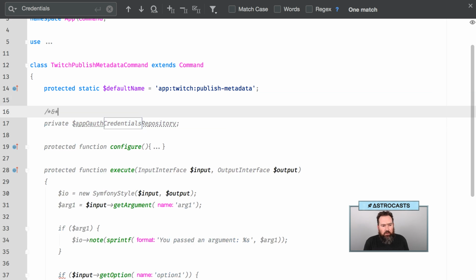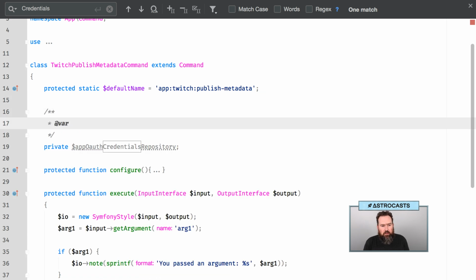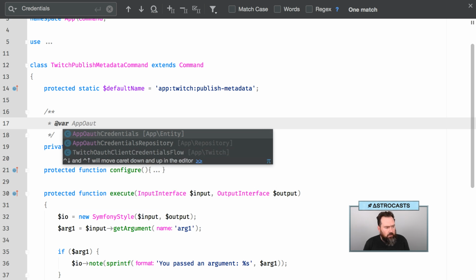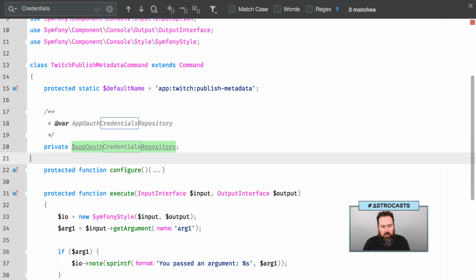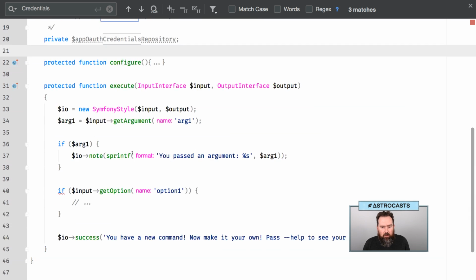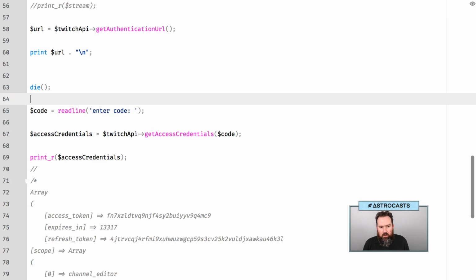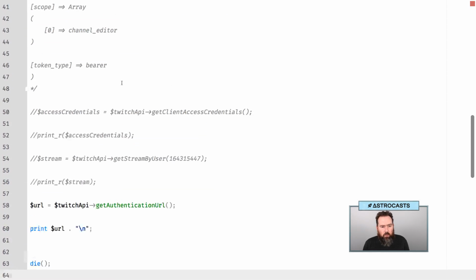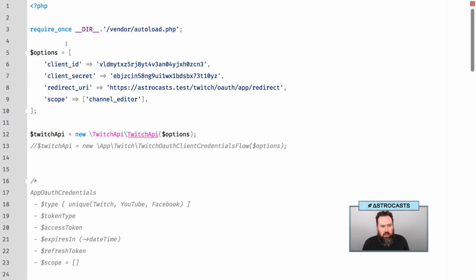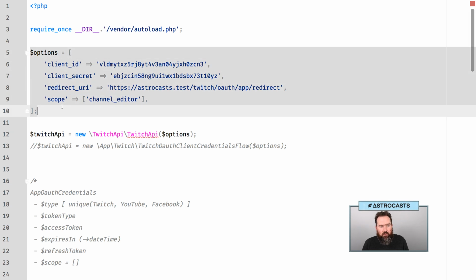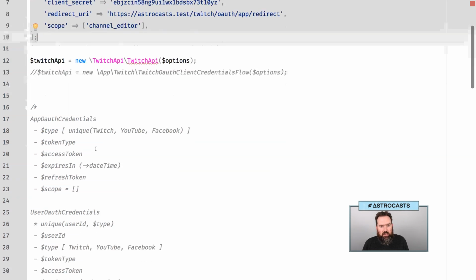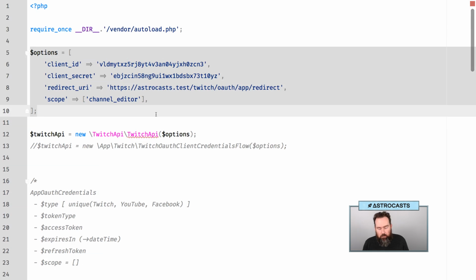Okay, so we have credentials spelled correctly now. I need to do the type. OAuth credentials repository. Okay, so we get that. What else are we going to need? If we look at our k.php file, the bits that we needed are this option information. So this option information we're actually having set by the container that has the configuration. So if we look in the controller that we were looking at,